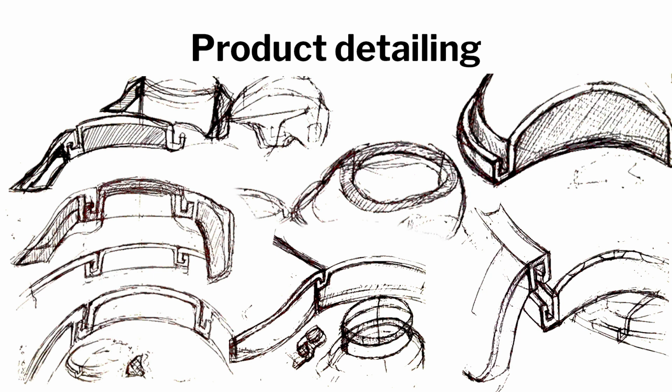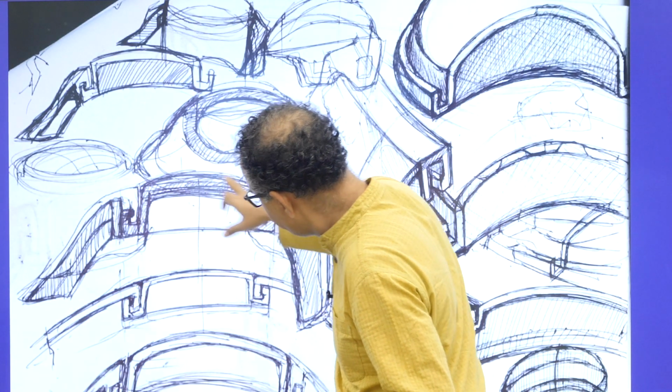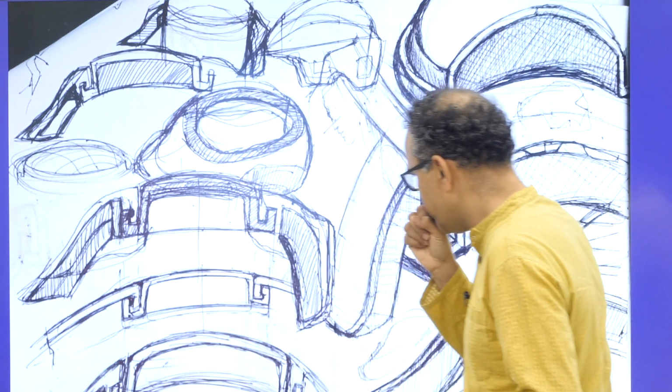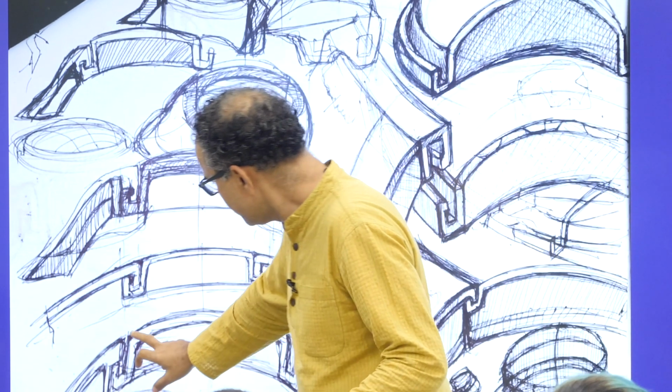So then we did all the detailing of how the thermocol shell will work, what type of shape, what type of plastic covering should come on it, and how the plastics will break and lock into each other. Remember, this plastic shell has to lock into this plastic shell, right? So how will the locking happen? Will it be very wobbly or loose? Remember, one of you was saying it can be more dangerous if it's not good enough. That will go and pierce your head.